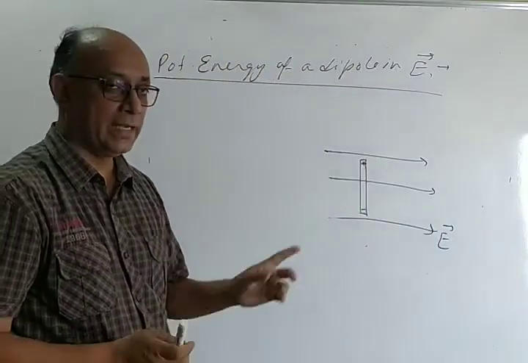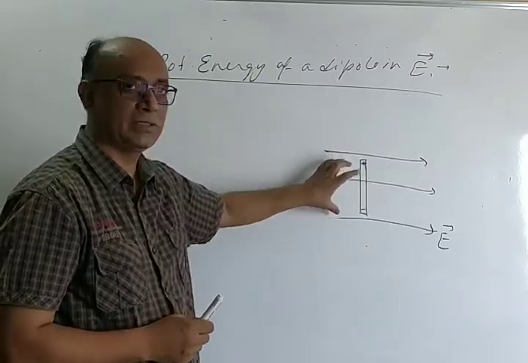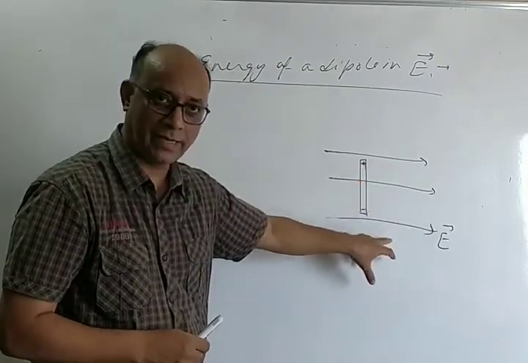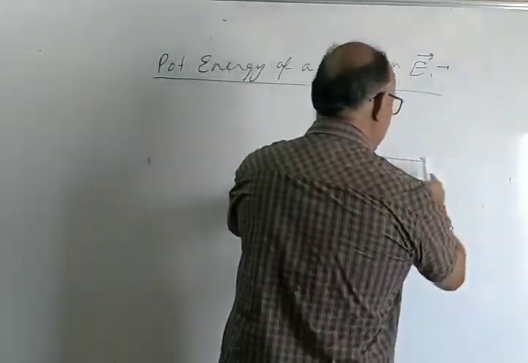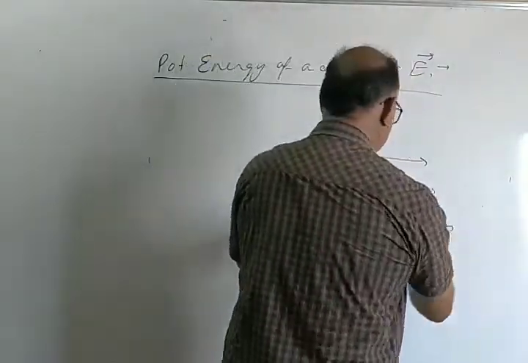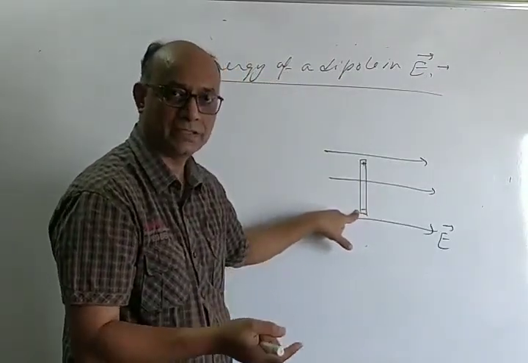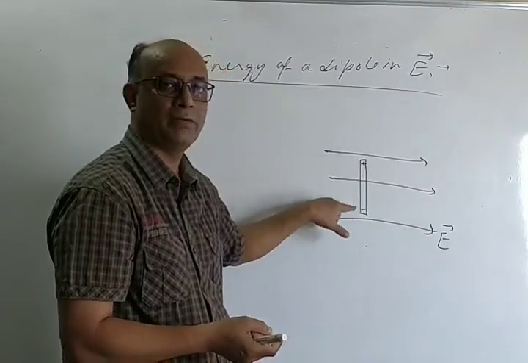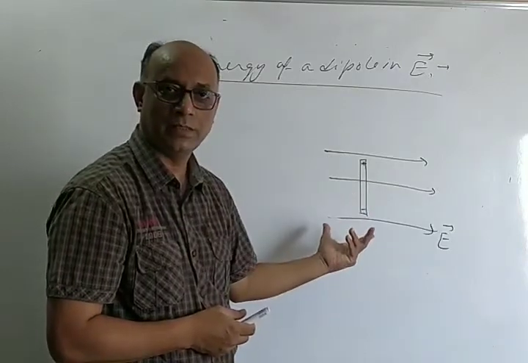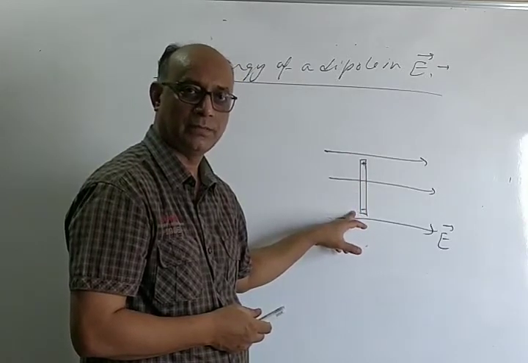Why? Again फिर से आ जाओ. Potential energy of a system of 2 charges. 2 charges को establish करने में, assemble करने में जो work done होता है वही इसकी potential energy होती है. But यहाँ already एक electric field है. So when you bring this positive charge from infinity to this place, some work will be done. When you bring this negative charge from infinity to this place, again the work will be done, but this time the charge is opposite, so work will be done by the system. एक बार वर्क डन ऑन द सिस्टम होगा, एक बार वर्क डन बाय द सिस्टम होगा. एक वर्क डन प्लस, एक वर्क डन माइनस, तो टोटल वर्क डन विल बी 0. सो जब आप डाइपोल को परपेंडिकुलर पोजीशन पे रखते हैं तो इसकी इनिशियल पोटेंशियल एनर्जी 0 हो जाती है.